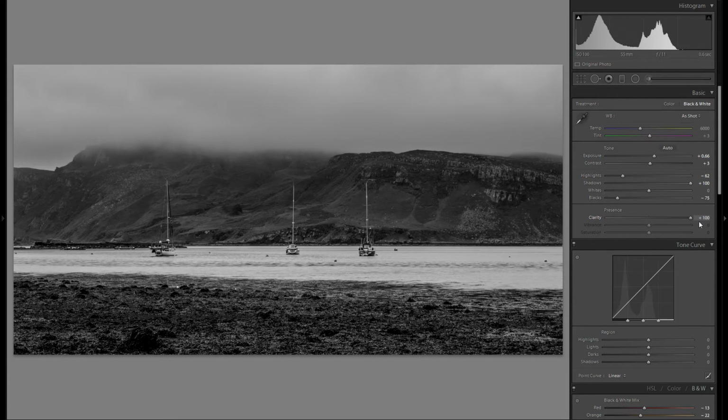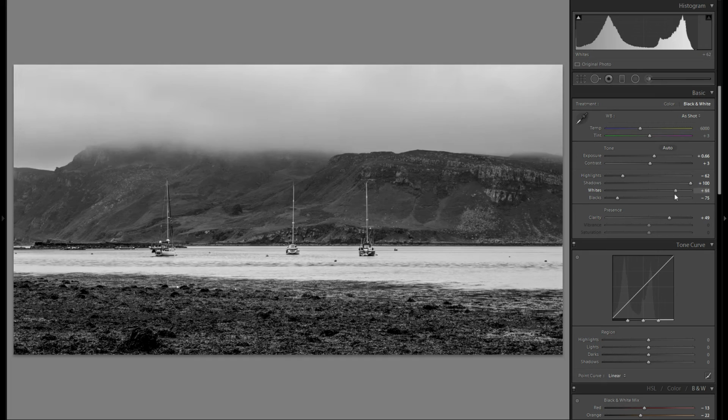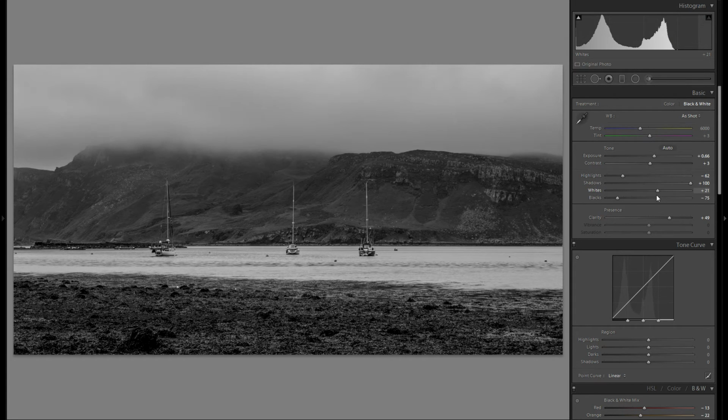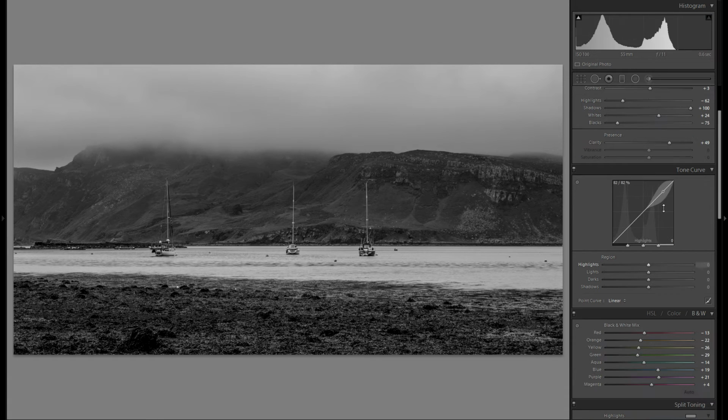Clarity, I really like the look of clarity in this picture, so I feel like I'm gonna add a good bit, around 50, and the whites of course. Now usually I would bring them to the right until, or just stop before they clip, but for this photo I really think that would be almost too bright, so I'm just gonna go with a little bit of plus whites here. And let's see down here at the tonal curve, definitely gonna bring up the highlight slider regardless, bring down the lights maybe a little bit,